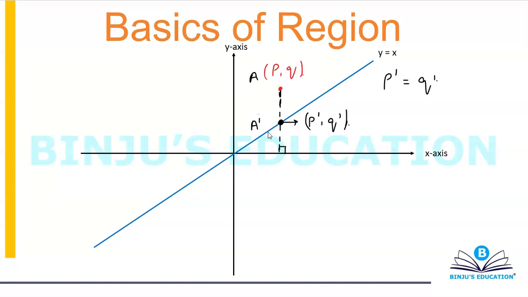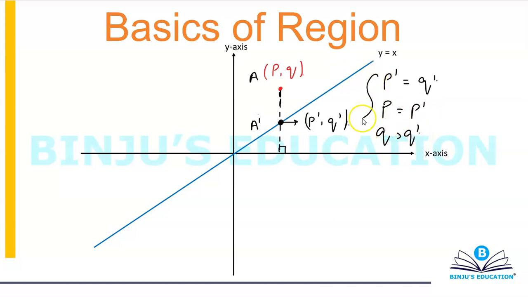Now, if you're moving in the vertical direction, can I say my x coordinate will not change? Because your x coordinate changes whenever you move to the right or to the left. When you're moving in the vertical direction, your x coordinate will not change, which means that P will be equal to P dash. And since you're moving up, the y coordinate will increase, because whenever you go up, your y coordinate increases. Which means that Q has to be greater than Q dash.